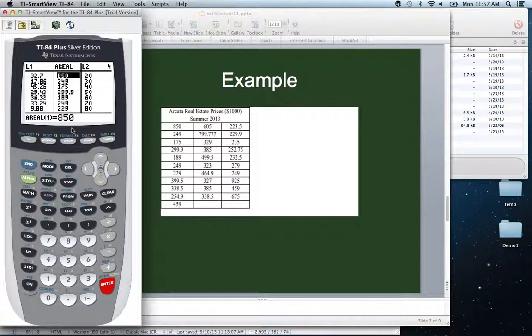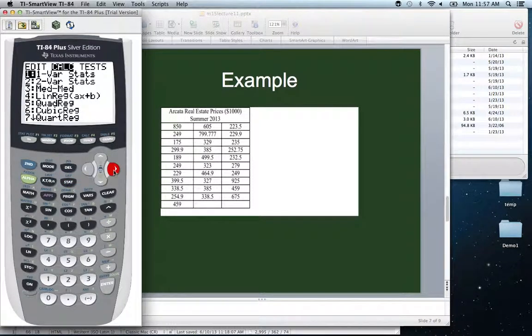Now remember, what I want to do here is calculate the sample mean. What I could do is add up all those values by hand and divide by the total number, which I forgot, I think it's like 31 or 30 something, but it doesn't matter because I will get all of that information when I do 1-var stats. Here's how we do 1-var stats. Press stat, arrow 1 to the right to calculate,